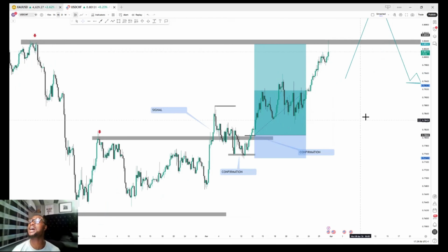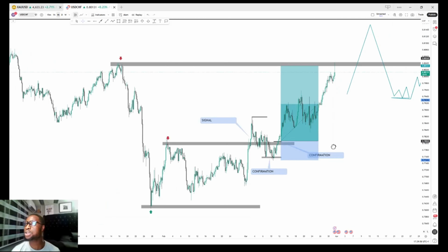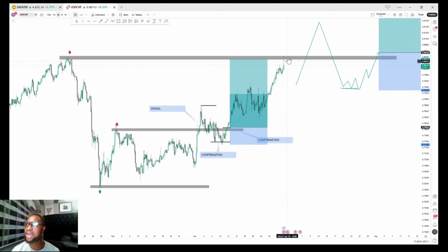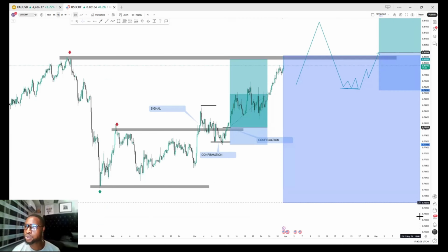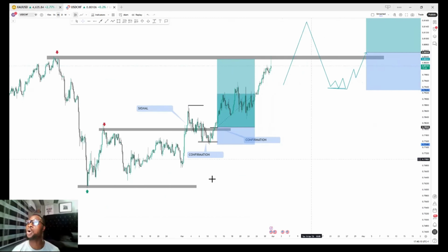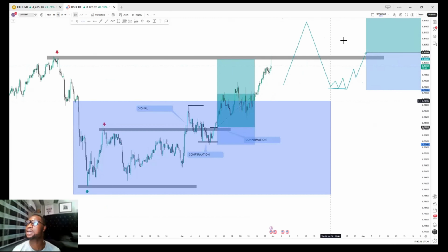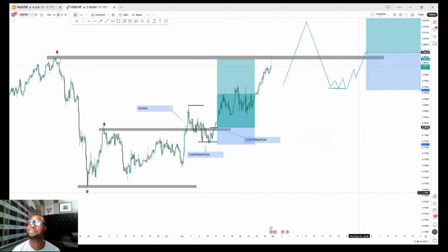And if these sellers can take all the orders of these buyers, they might as well start selling the market again back to these buyers. They can even break this buyer zone, giving us a new signal for a sale right here, and then we can continue. Or these buyers can give another signal, breaking these highs,